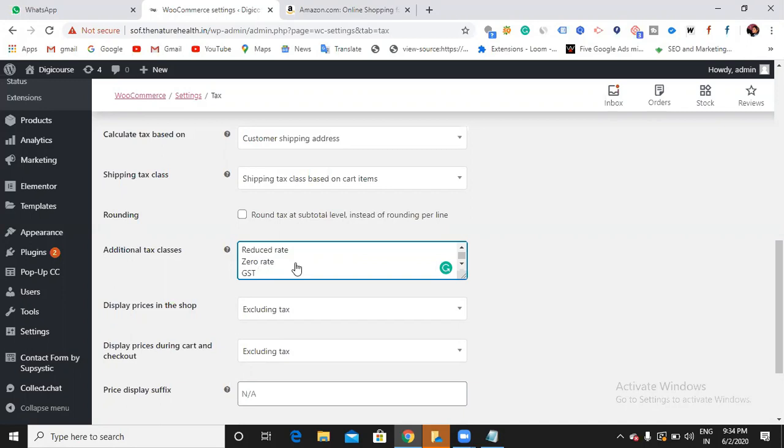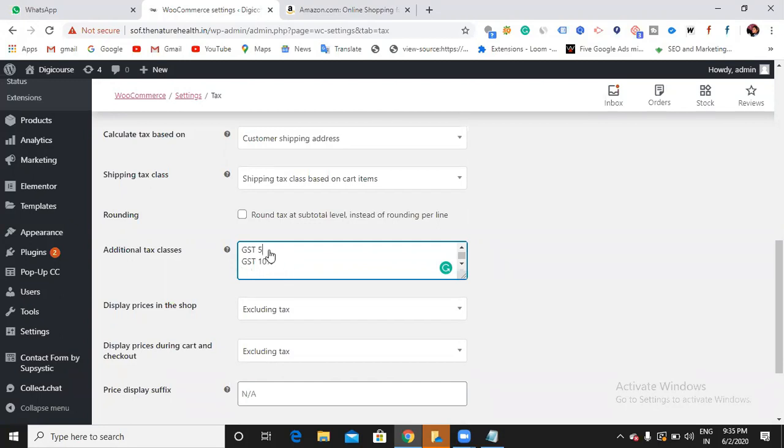So if you want different tax rates for different products, you can simply use the percentage, how much you are going to have the customer pay for the particular product. Let me go with this: GST 5 percent, GST 10 percent, GST 15 percent. In such a way, you can enter GST.